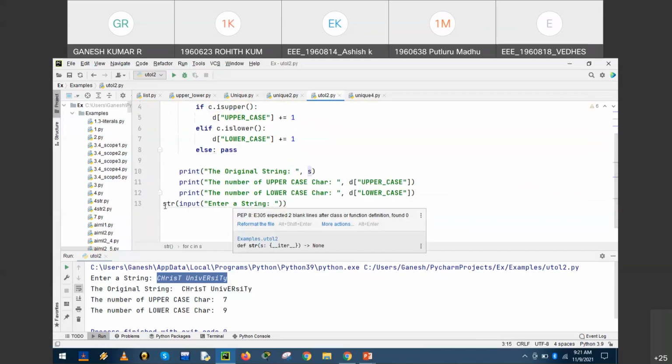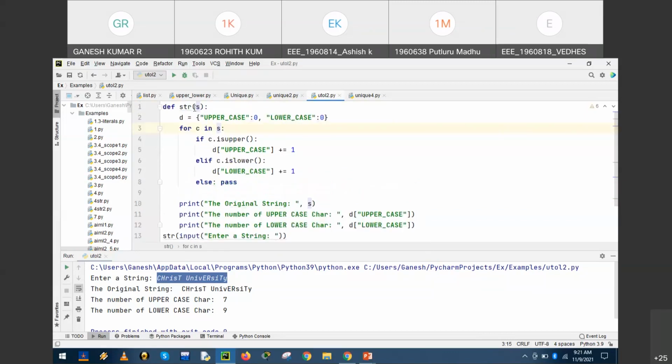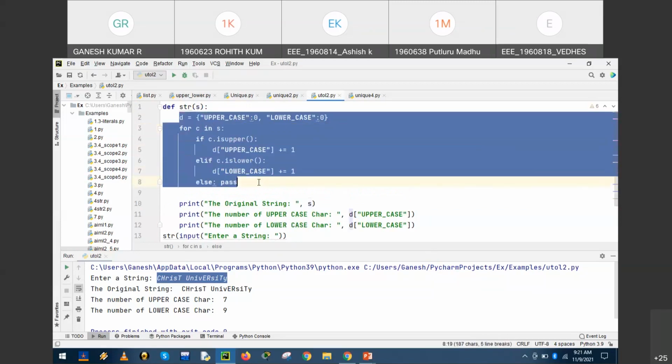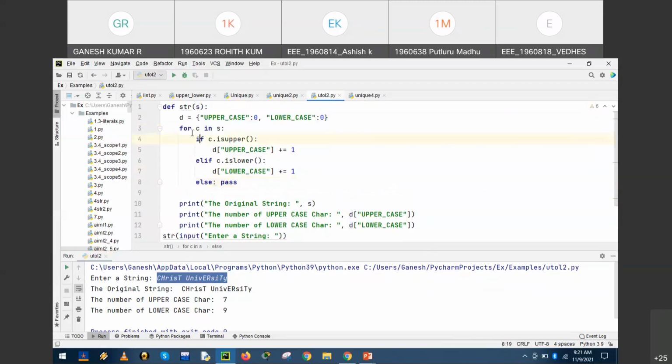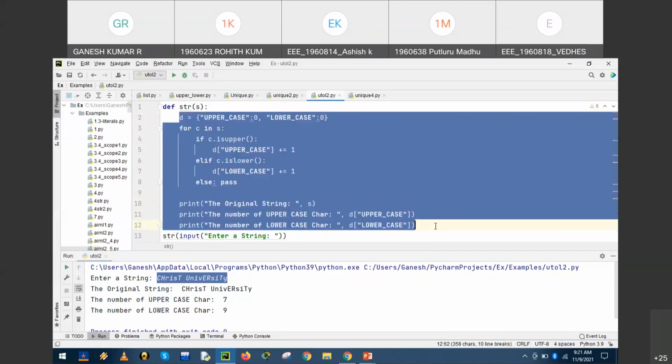The last statement, str input string, is a called function which accepts a string argument and supplies input to the function definition. This is the body of the function which calculates uppercase, lowercase, checks, increments appropriately, and displays it.